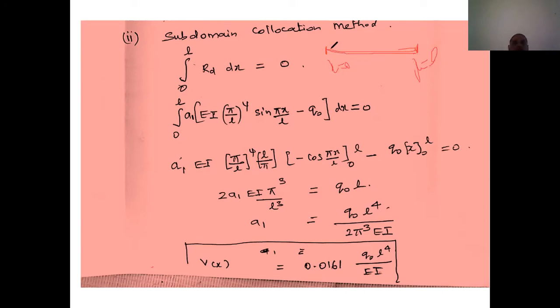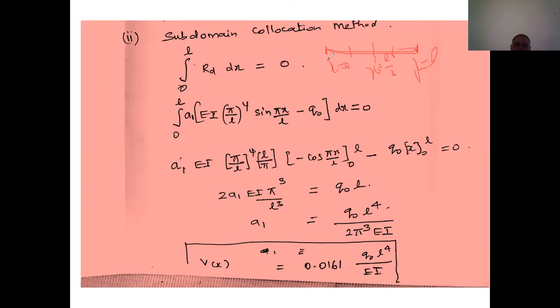Okay. So if I want a more accurate solution, I need to split this into two halves: x is equal to 0 to L by 2, and from L by 2 to L. If you want even more accuracy, again you have to split the beam into 4 different parts. Likewise, you can further divide the entire domain into subdomains according to the accuracy you want. Okay. So for our convenience, I'm just going to take it as a single domain.